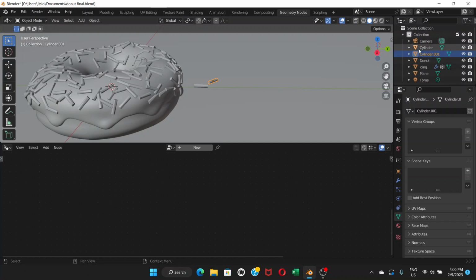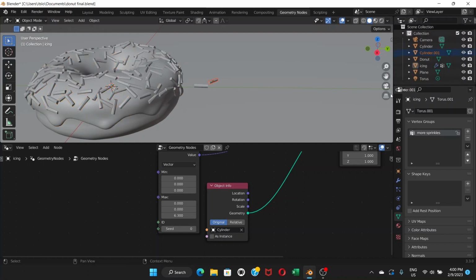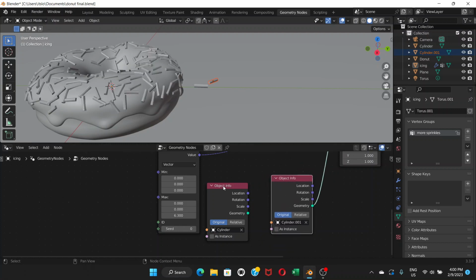So we're not going to select this. First select the icing, and then we know that now cylinder 001 is the object, the new cylinder, new sprinkle. So just click and drag here and just drag here. It will connect. Now we can get rid of this node, delete this,